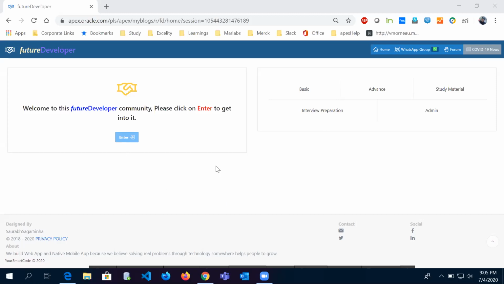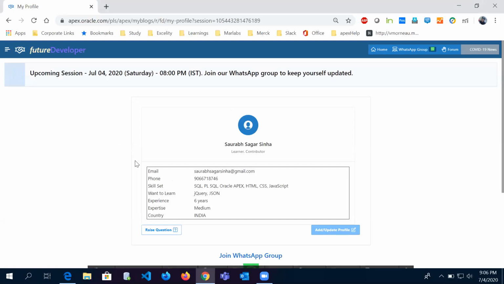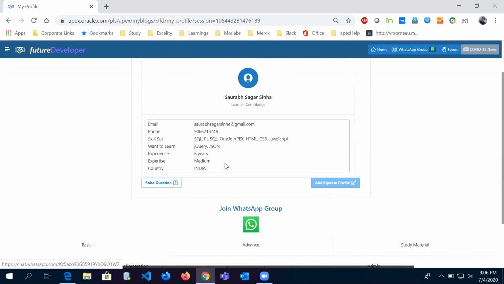I'll quickly take you through this application so that you will be able to know where you can find which stuff. So let's get into the application first by clicking on this enter button. If you are a new user, you will not see anything. You just have to create your information first.